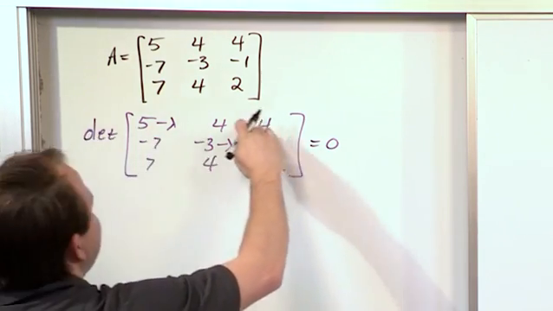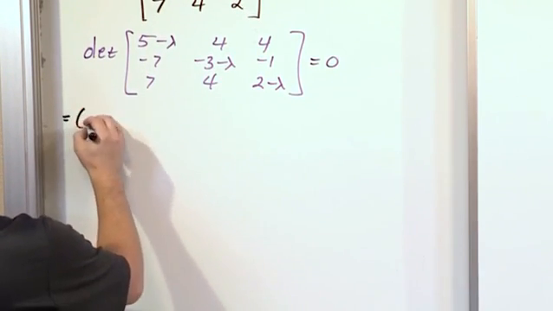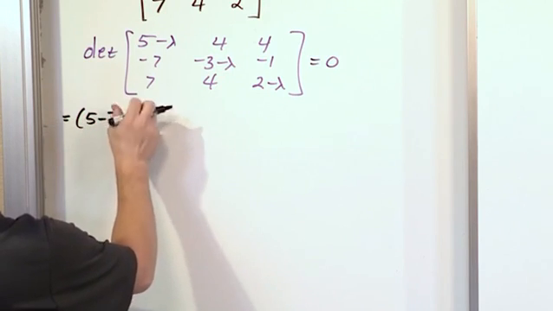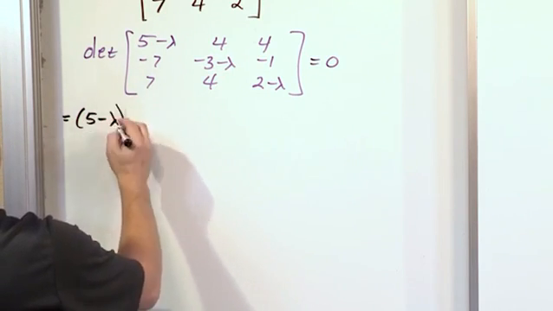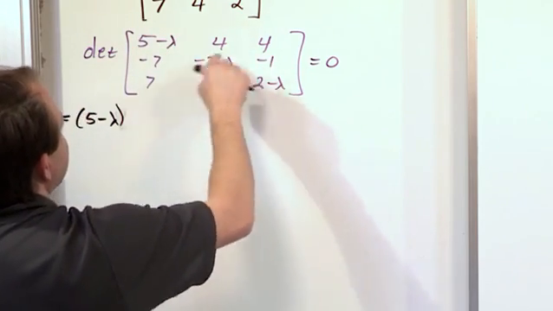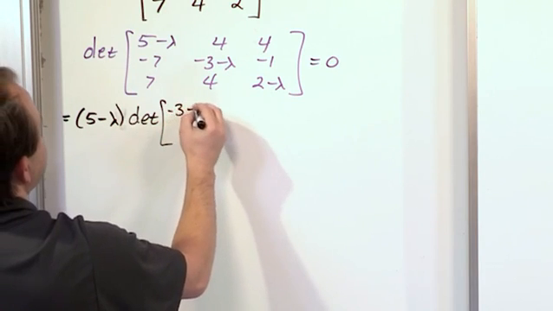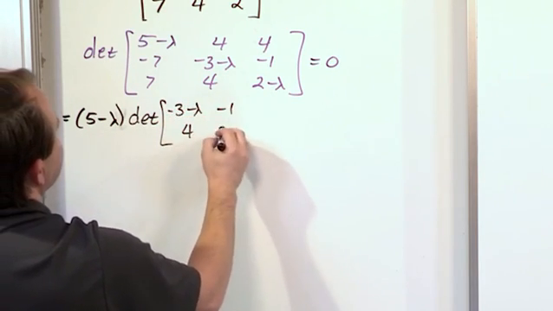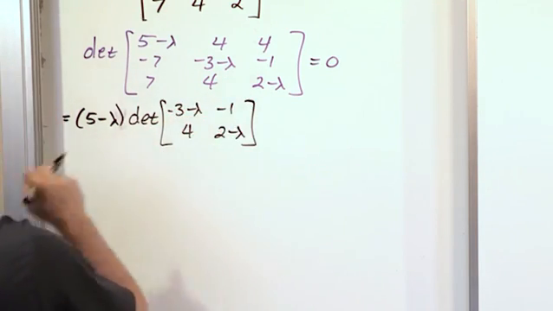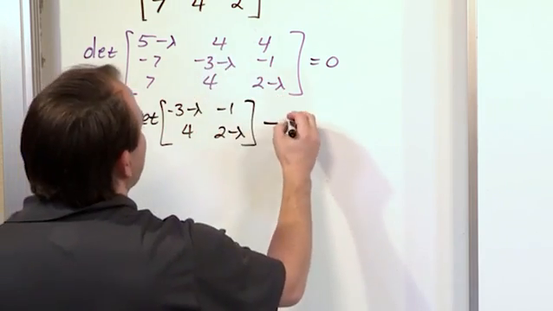Let's expand it about the first row. So what we'll have is 5 minus lambda. That's the first guy here. If we cross these out, this is what you're left with, the submatrix. So it will be times the determinant of negative 3 minus lambda, negative 1, 4, and 2 minus lambda. That's the first term. Don't forget your negative sign because of that cofactor, and then you have a 4 times